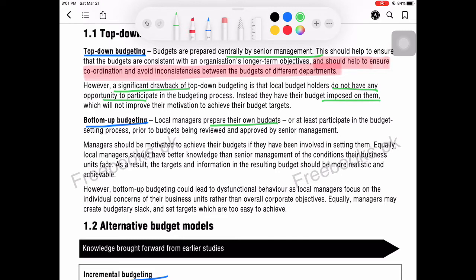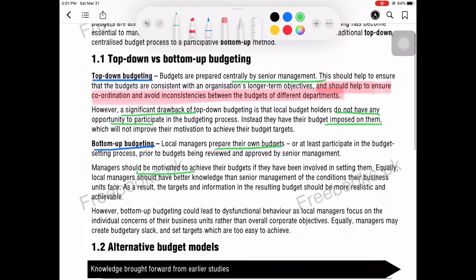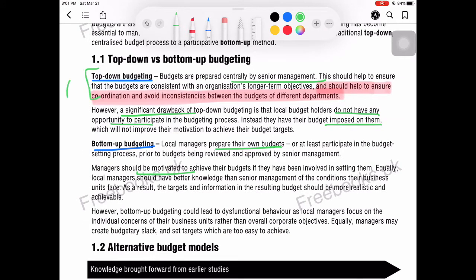So basically this is being approved by the senior management, and before that the budgets are prepared by the management level itself. So they are preparing their own budgets. Managers should be motivated to achieve their budgets if they have been involved in setting them. So they should be motivated. That's the point it's trying to make. Well, here we can just write this is the advantage, and the second one is